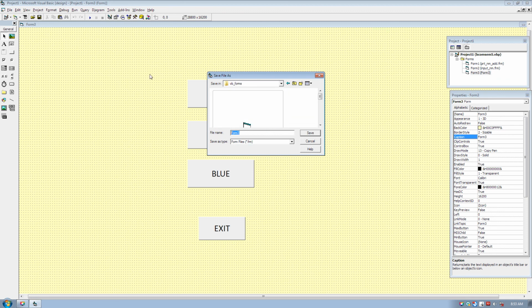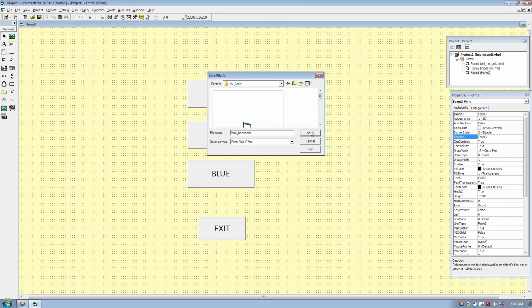So here we have back colors. The name of my form, my file, is form underscore backcolor.frm.